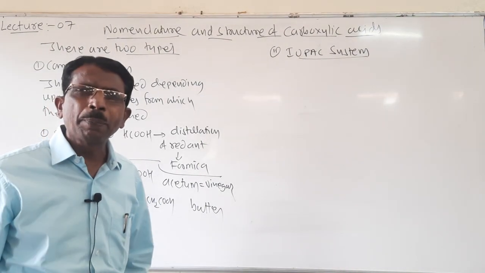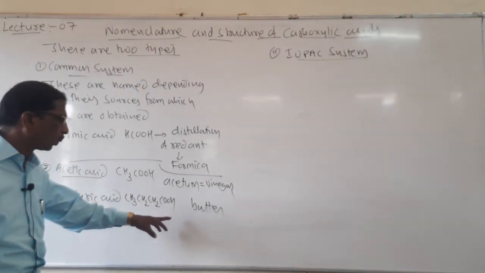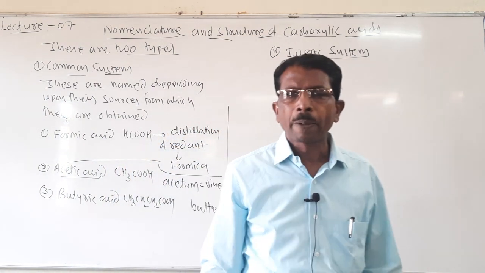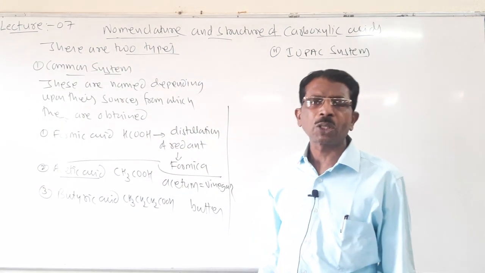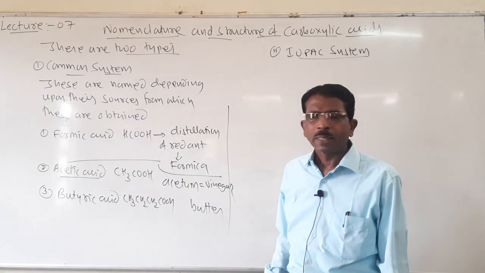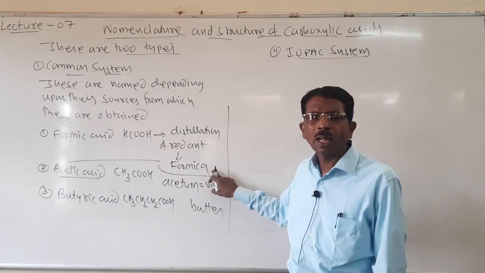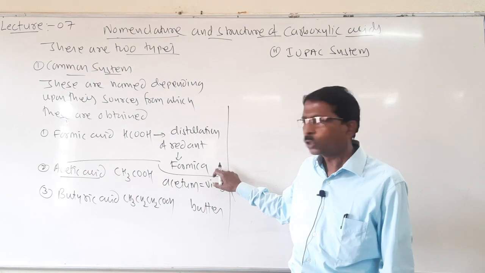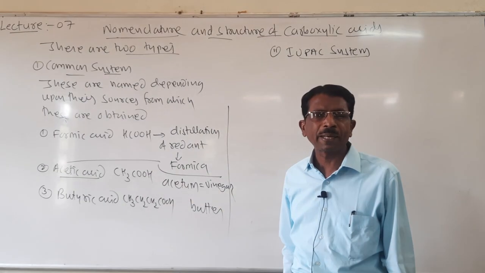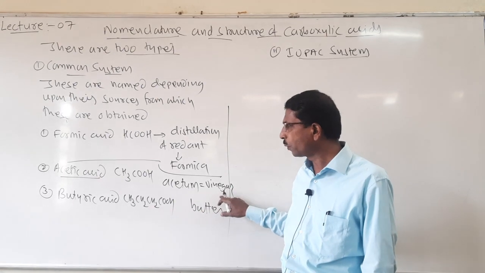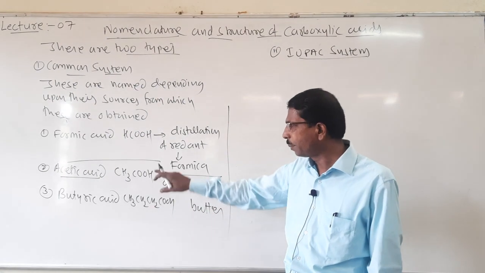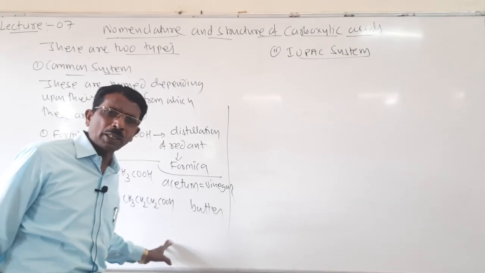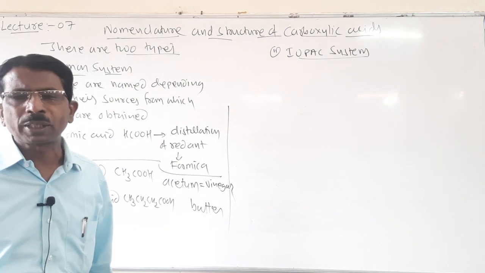So you will get rancid butter. It is from butter, so it is also Latin. All these are called common names. The common names for carboxylic acid are given from the sources from which they are obtained. Here, red ant is distilled, you will get an acidic solution, that is called formica or formicus in Latin, therefore it is called formic acid. Similarly, acetum means vinegar in Latin, and then it is named acetic acid. And butyric acid, like this, almost all carboxylic acids are named depending upon their sources.